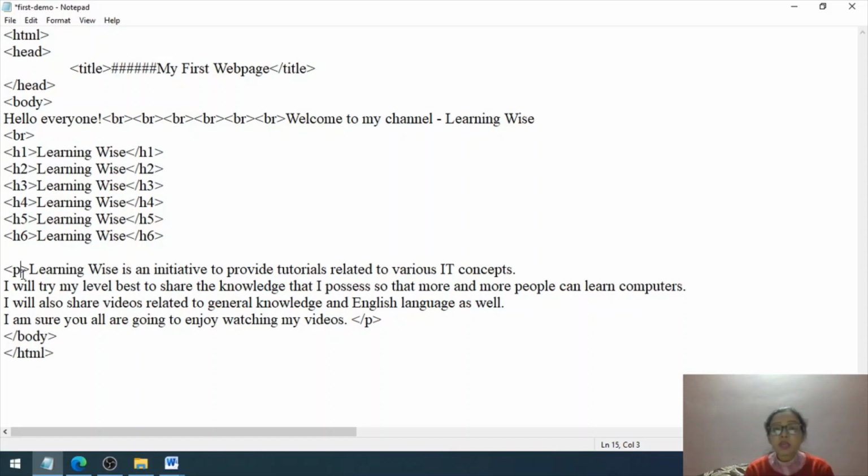Align means to adjust or to align the content. Now let us see how to write this attribute. After writing P, put one space, then write down align equals to double quotes. There are three values associated with this attribute, either left, right, or center.